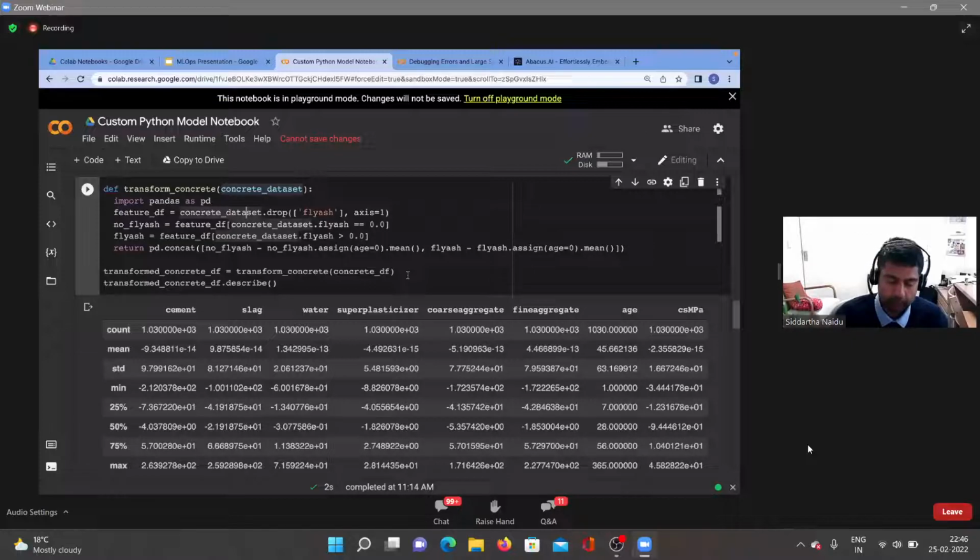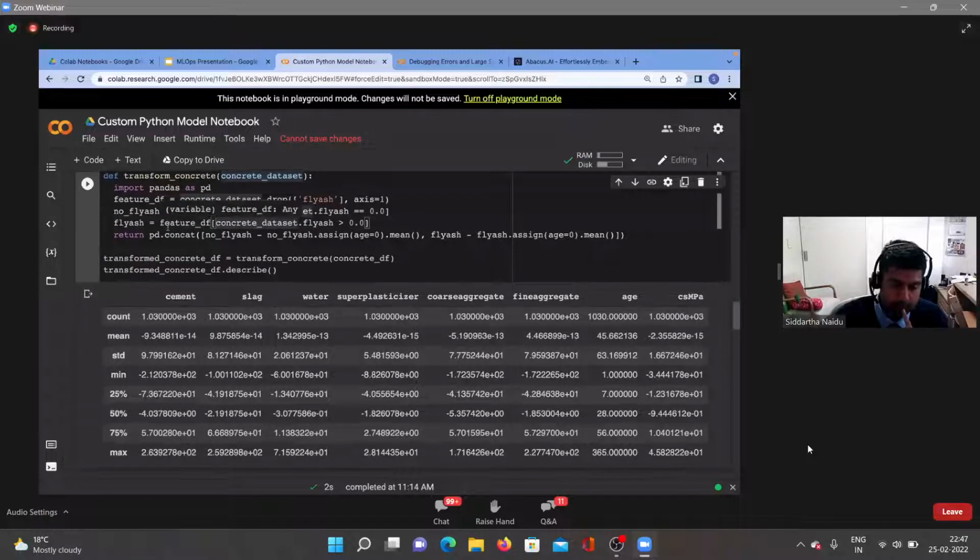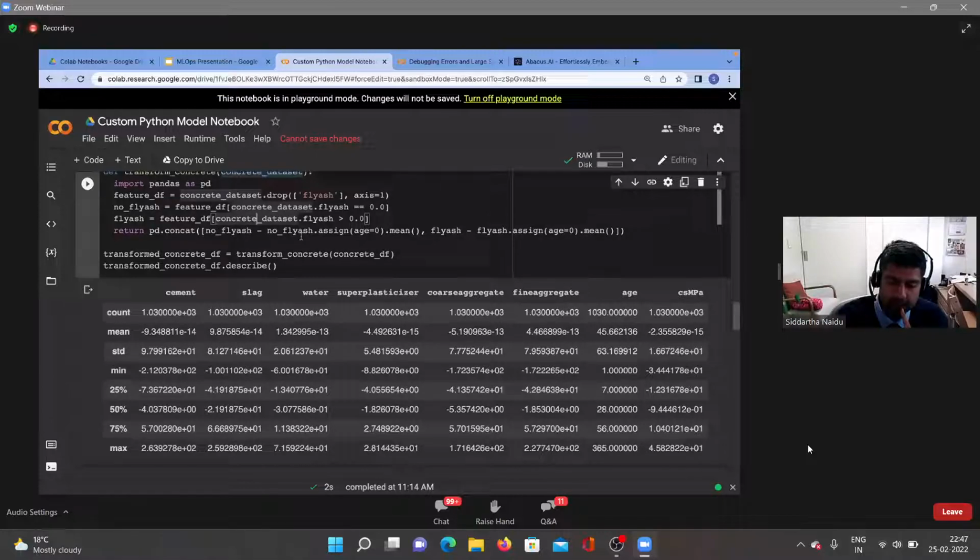When you're building some model, you realize that maybe it's not good to build a model over the whole data as is, but to build a model that is sensitive to some feature in a special way. In this particular case, we're choosing fly ash, and we're choosing to separate our data and transform it such that rows with fly ash are transformed differently from rows without fly ash. So you can see out here, I separated into two parts with fly ash and then concatenated back after